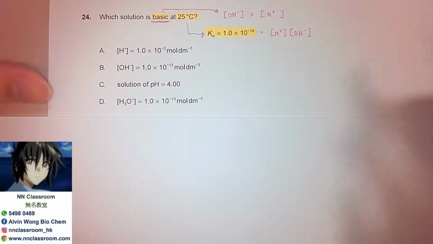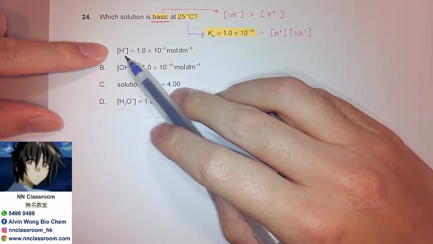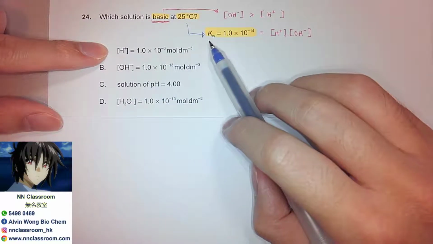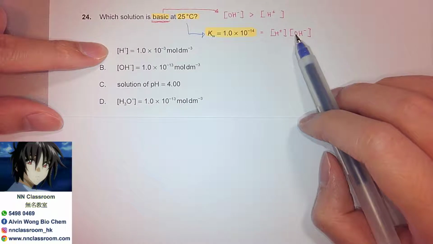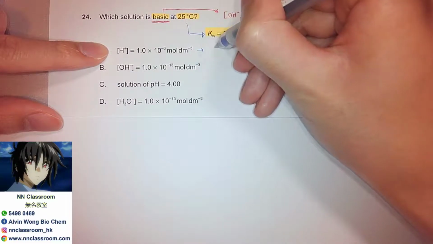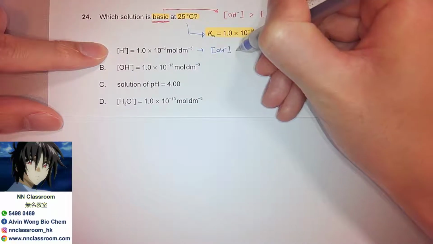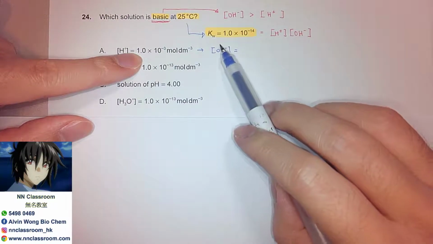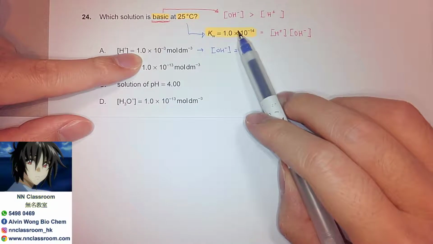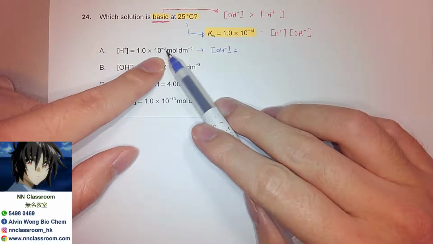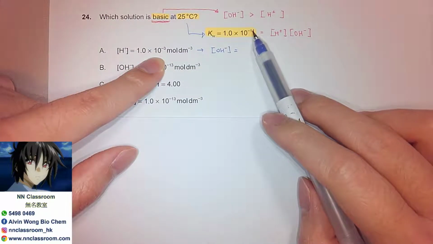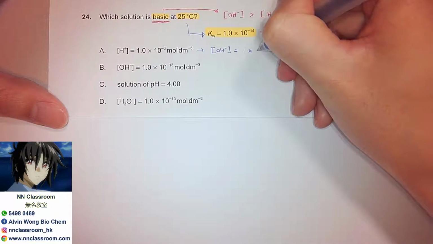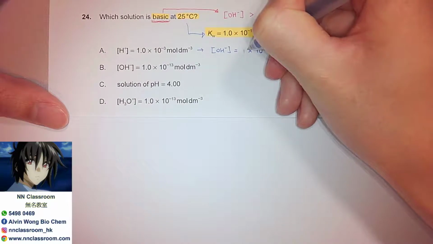Makes sense, right? So for A, they're giving me the proton concentration as 1 times 10 to the power minus 3. Because Kw states this relationship, I can find the hydroxide concentration. The proton concentration times the hydroxide concentration gives this number. So that's minus 3, and minus 3 minus 11 gives minus 14. So the hydroxide concentration is 1 times 10 to the power minus 11 mole